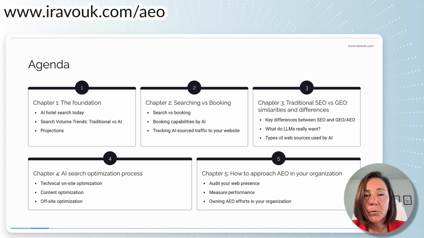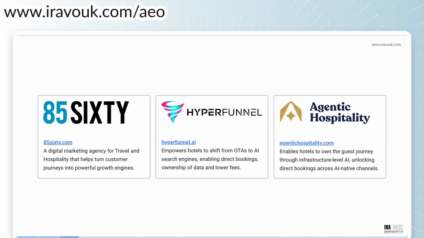Chapter 3, we'll dive into how AI search differs from traditional SEO and review those prioritization parameters that are critical to optimizing your content for AI platforms. Chapter 4 is all about action, because your AI presence is not going to optimize itself. It needs your help. Chapter 5 will essentially help you understand where to start and how to structure those efforts in your organization. Let's get started.